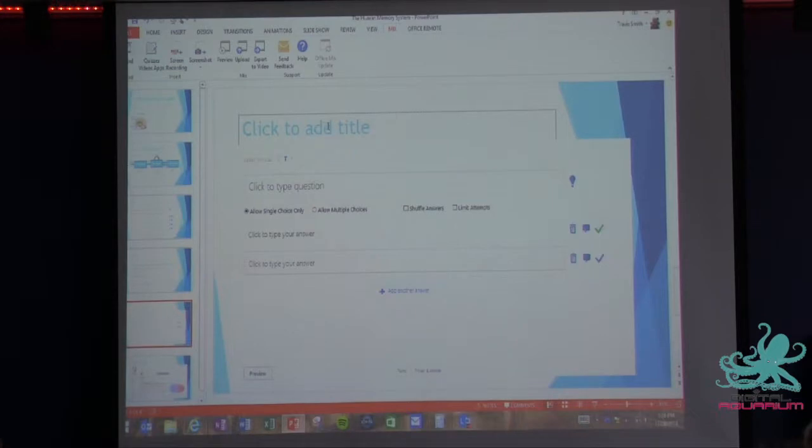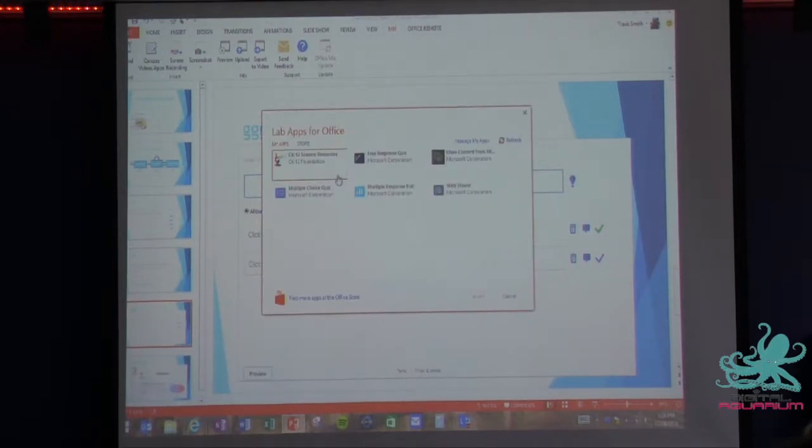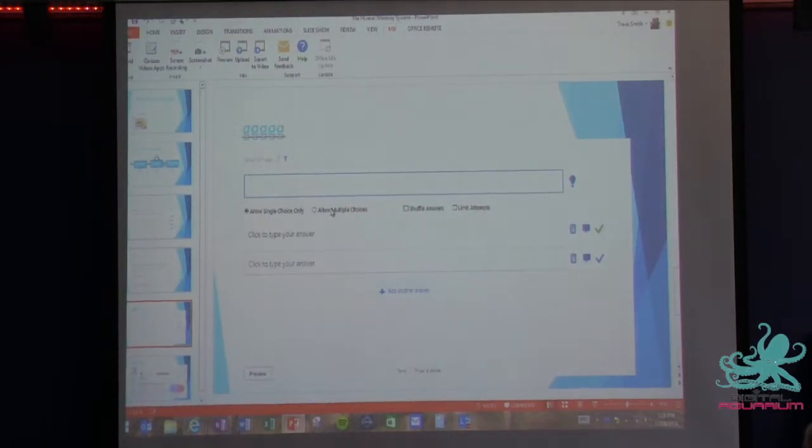you can see that I can add a title for this slide, and then I can add a question in. All I've done is gone to quizzes here, and it's going out and finding all of the different options. I can put a live web page in. There's some Khan Academy stuff. There's some stuff from a company called CK12 who create artifacts. Free response, multiple choice, you get the idea, right? So I've just dropped one of those in, and then